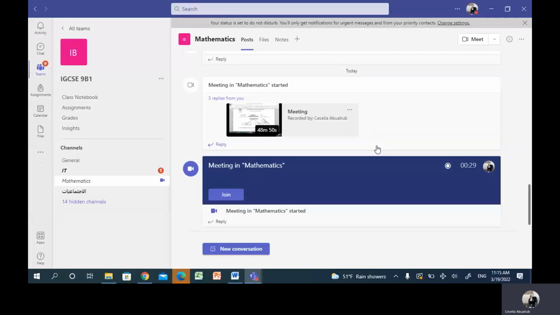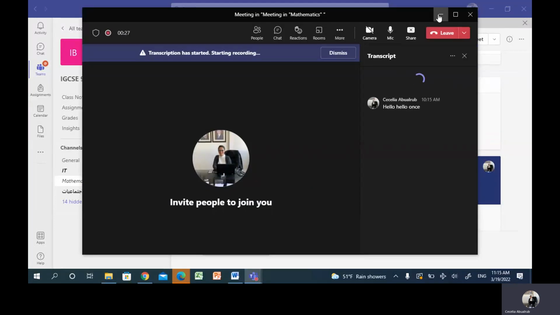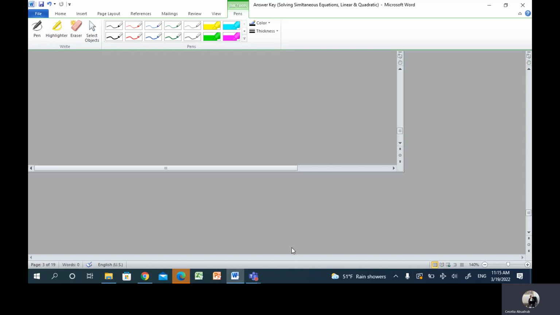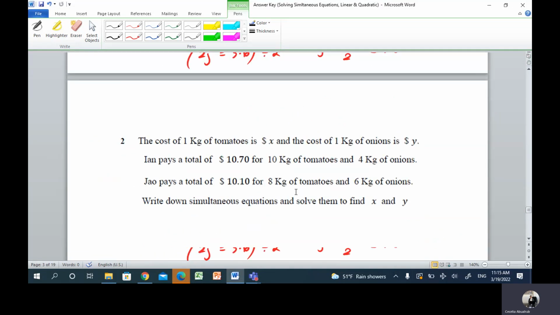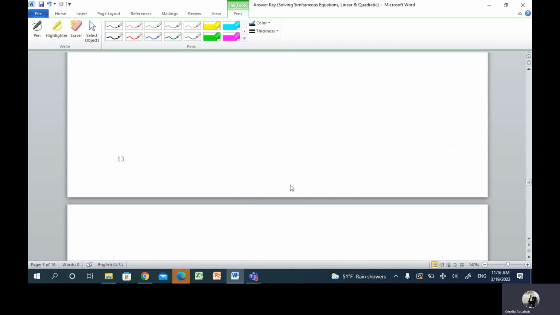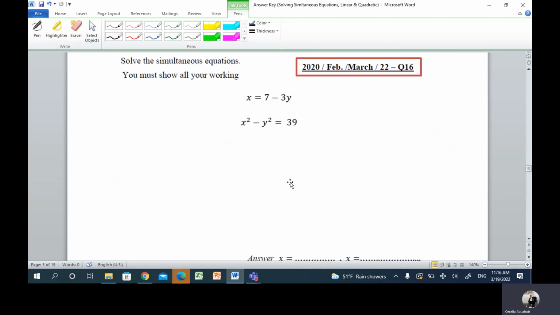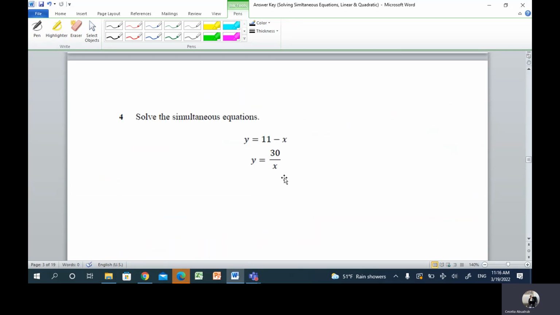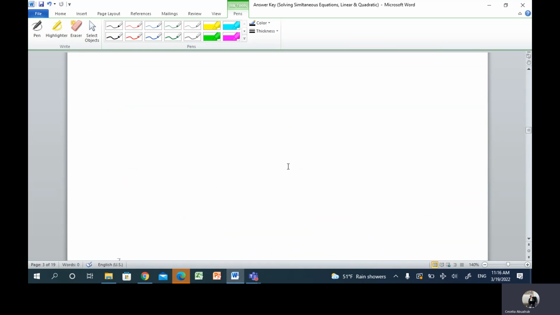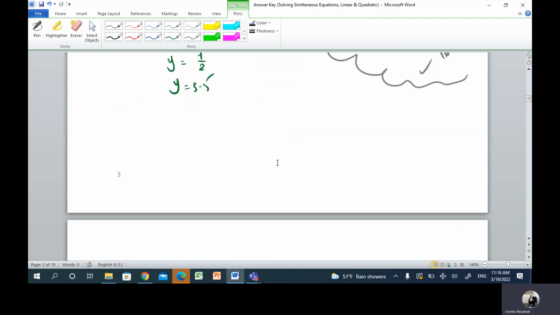Hello once again. I'm going to continue the previous video, which is about solving simultaneous equations. And as I explained earlier, we're going to divide our record into three sections. The first section is where two linear equations are involved and we need to solve them and to find the